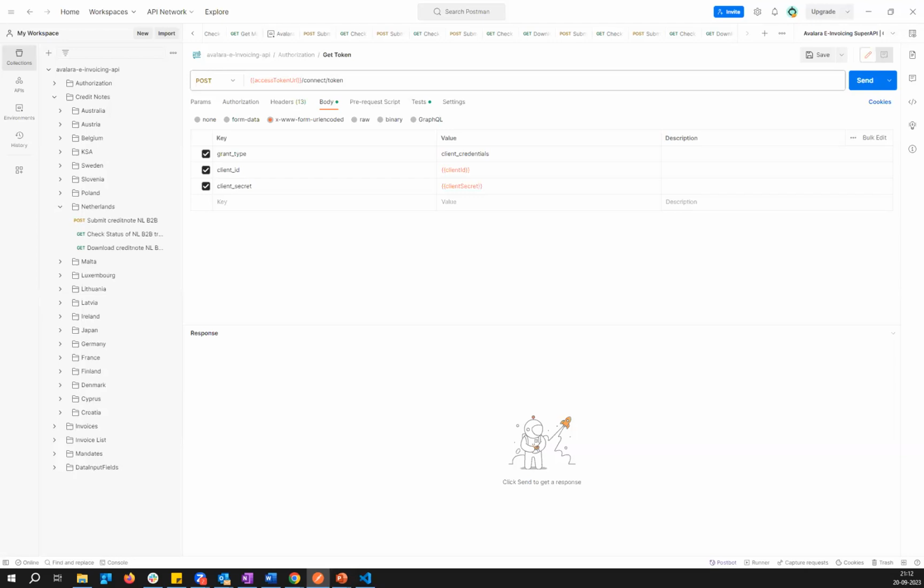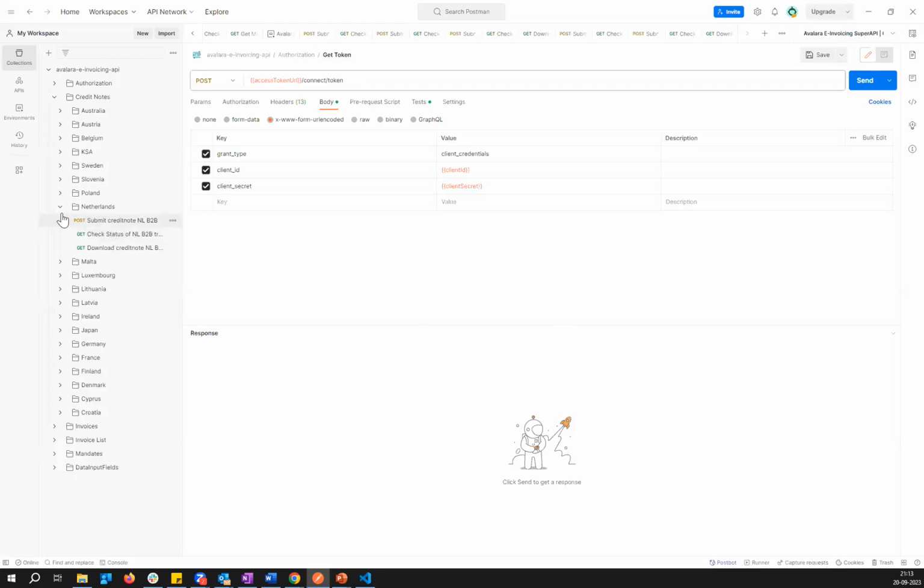During the demo, we will see KSA, Kingdom of Saudi Arabia, Japan, and Portugal. In this case, Japan is a PEPPOL mandate. Japan follows the PEPPOL network, whereas KSA and Portugal are non-PEPPOL mandates. These three examples will help us understand how a single integration to our API handles the complexity of different governments requiring the invoices to be delivered in different transport methods in different formats. All this is made possible with a single API, same payload. Sometimes you may need some minor tweaks in the payload.